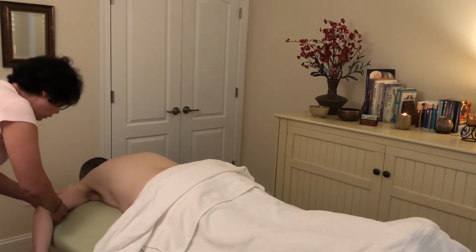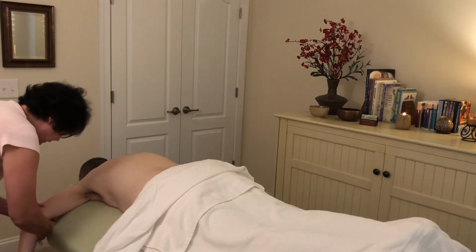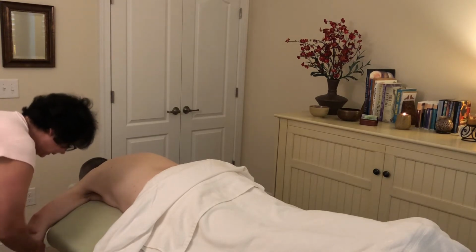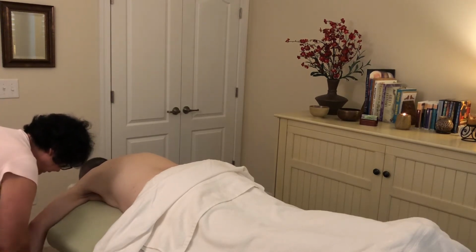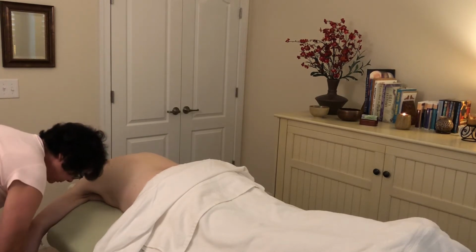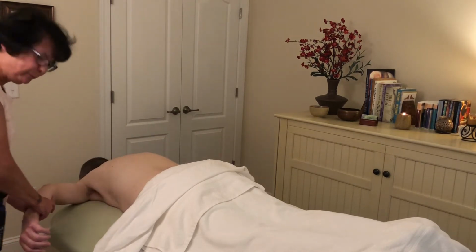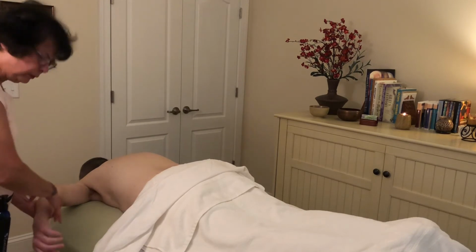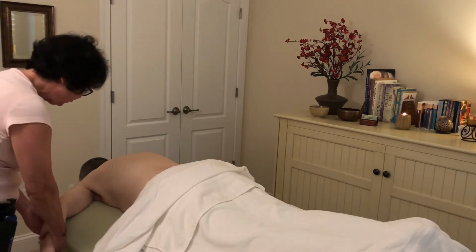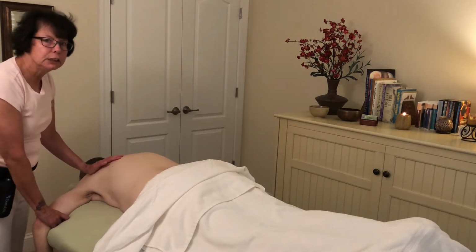So you want to start up here, all the way up at the bone, and then, you know, I'm doing a more rigorous technique here, and then as I go over the elbow, I'm lightening up, but I'm not skipping it. And I'm gonna go all the way down, so I'm finishing it off just by sliding. I don't know if you can see that, but I'm just sliding down at the end. You just want to address the entire muscle, even if you're not doing exactly the same work on it. And that completion can really feel good